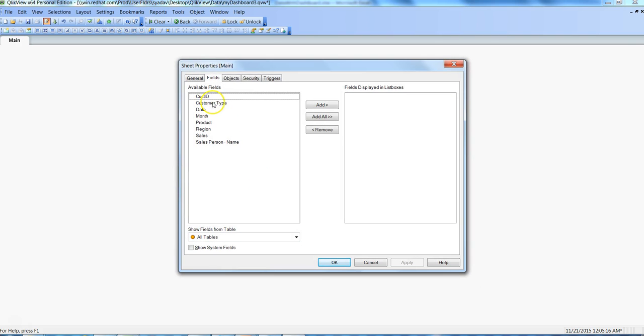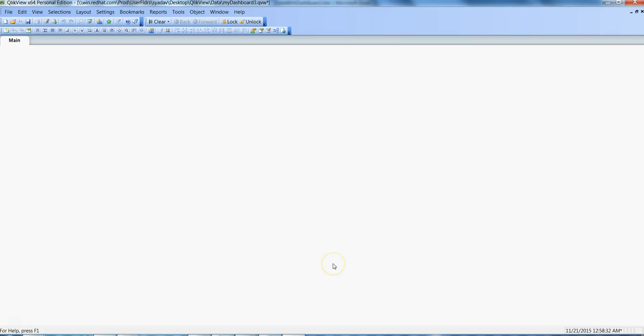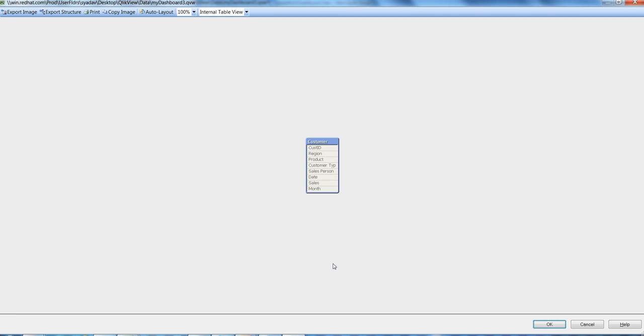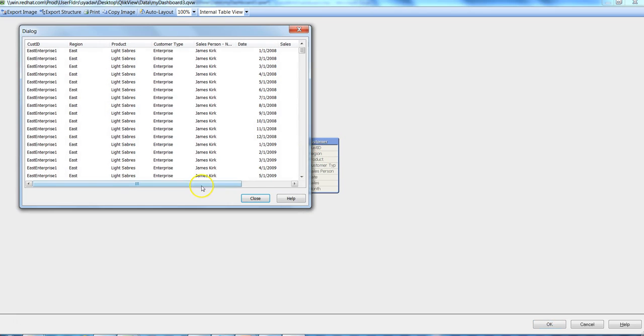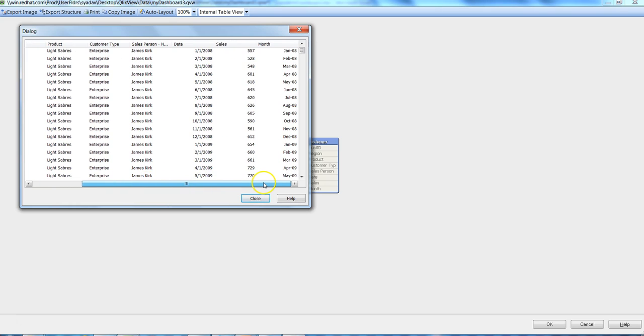Now you can see the data: customer ID, customer type, date, month, product, region, sales, salesperson name is loaded. To see the data, just press Ctrl plus T. Now we are placed into the table viewer. Just right click on the table box, you will get the preview, and you can see the data uploaded in the